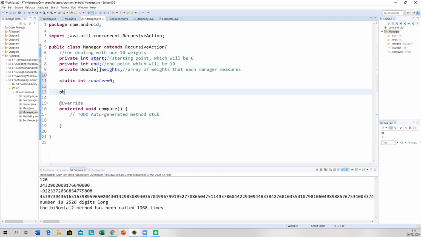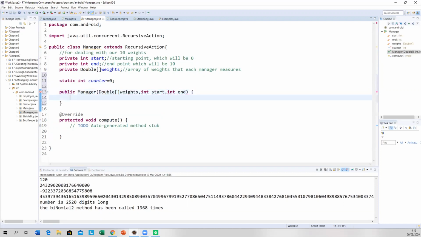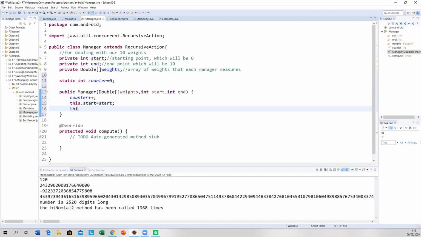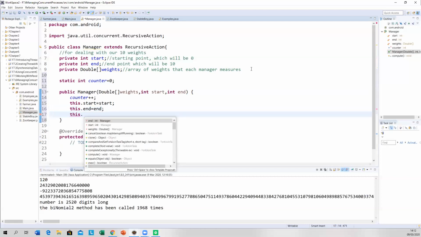So I go public Manager, and we're going to go double weights, int start, int end. So we're counter plus plus. And go this.start is equal to start. this.end is equal to end. this.weights is equal to weights.